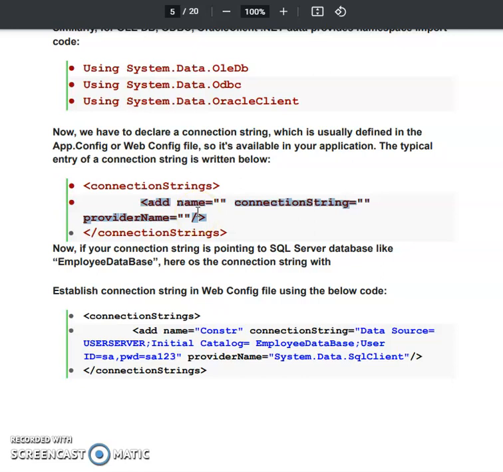Suppose you have 10 web pages in your web application, then all these 10 web pages can access this configuration with the help of the name provided over here. You just have to write the name in your web page, and then you can access it. We will see the example, and I have mentioned this in some of the last videos.